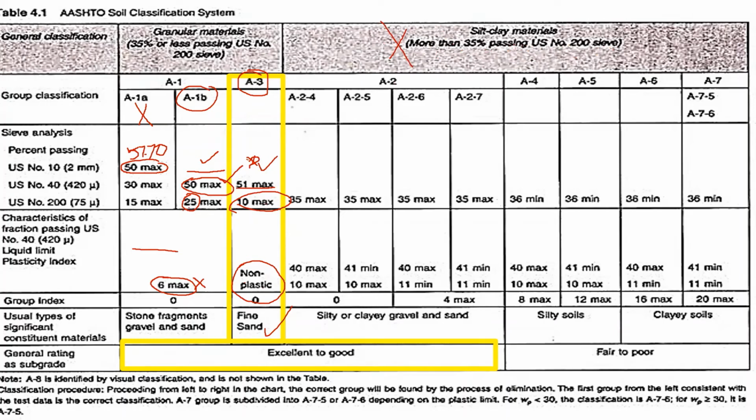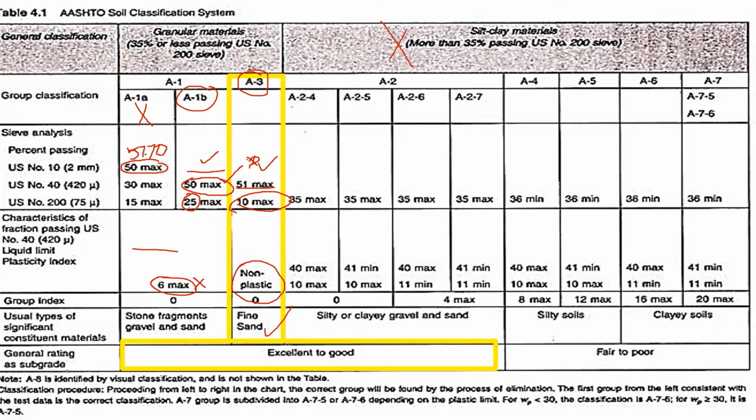Why is it so? Because we were not having silty clay material in this soil classification, because there is a very small amount of silty and clay material. So it is not more than 35% passing. It is around 0.2% fine particles. So what does it mean by that? We have to stop over here.